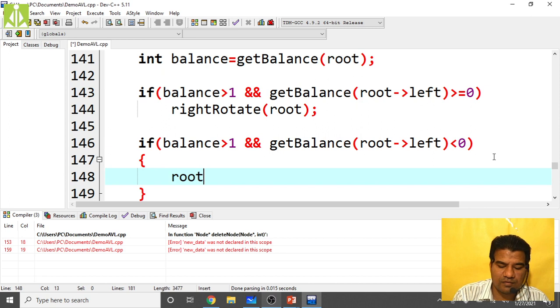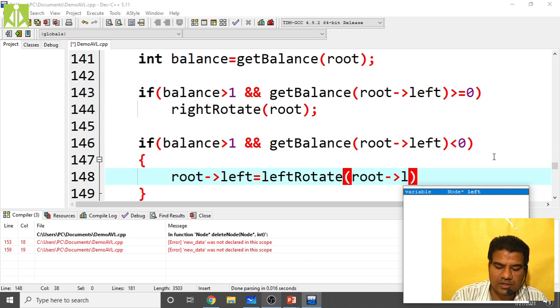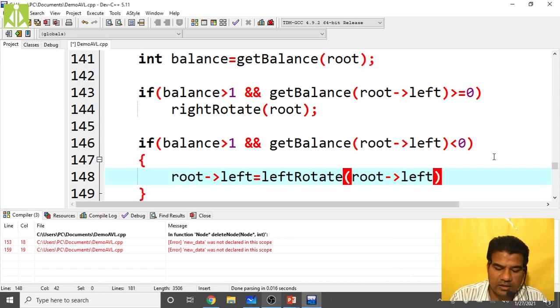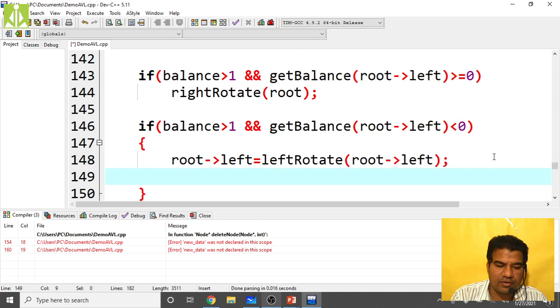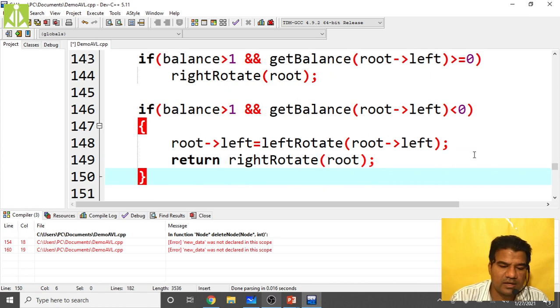Then root of left equals left rotate of root of left, and at the end put the semicolon, then return right rotate. Two rotations we are performing. Then for the final case, you remove this thing.